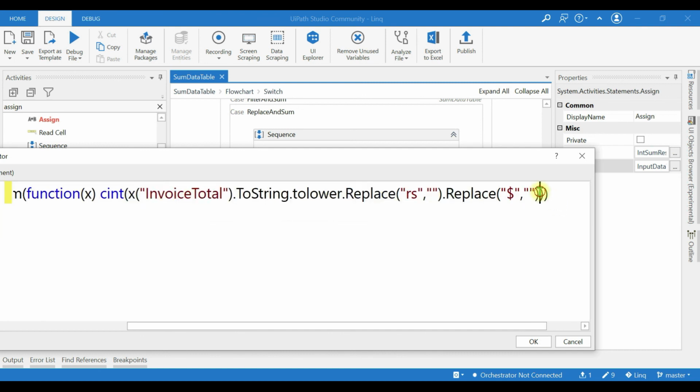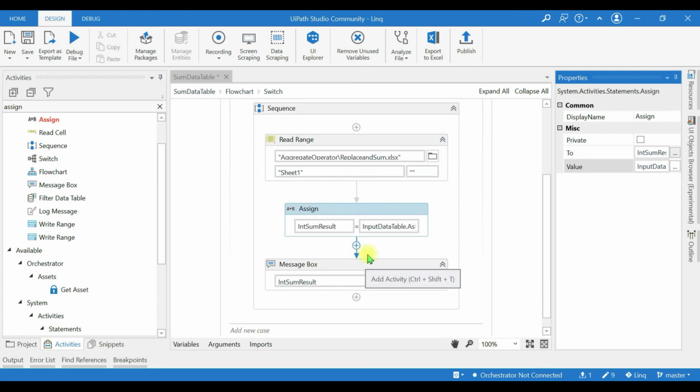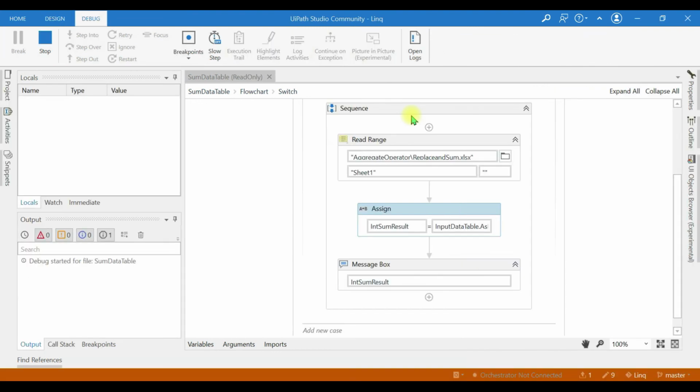Okay, now again we will run. Let's see what's the result. Now we will get the sum, that is the sum of all the values in the invoice total column is 34,860.